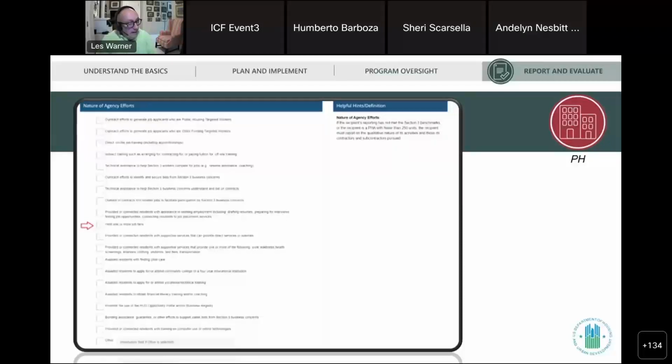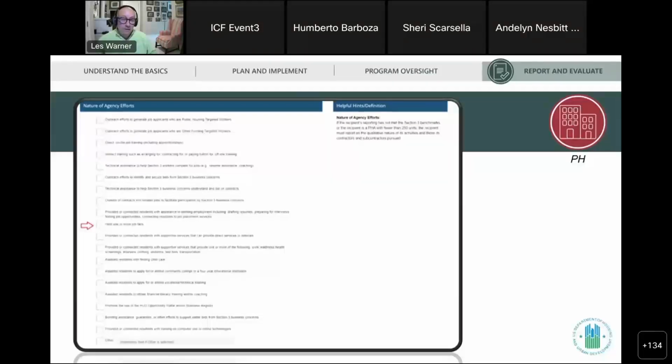It talks about the fact that the new rule states that non-MTW agencies will initially report at the grant or program level, but that there's a possibility that in the future HUD might expand that and essentially make it agency level reporting to help streamline things. So I think there are still some questions on what the final version of that would be, but in being prepared for that new system,